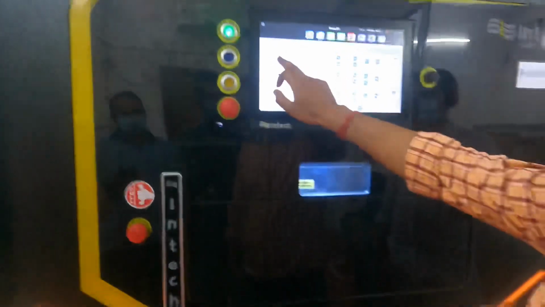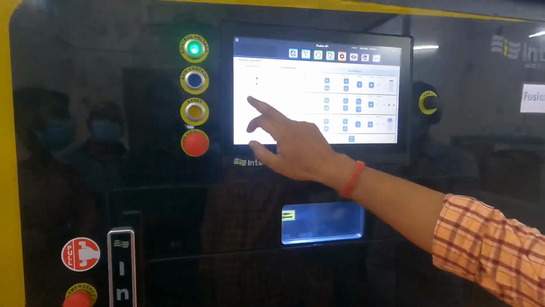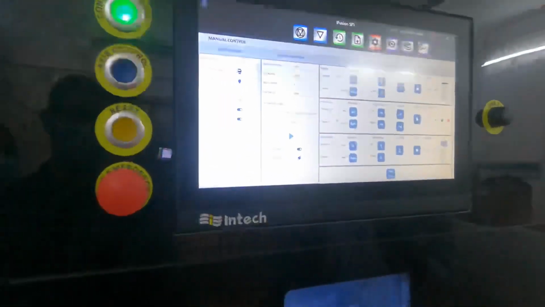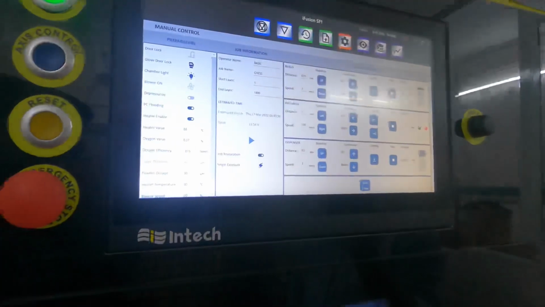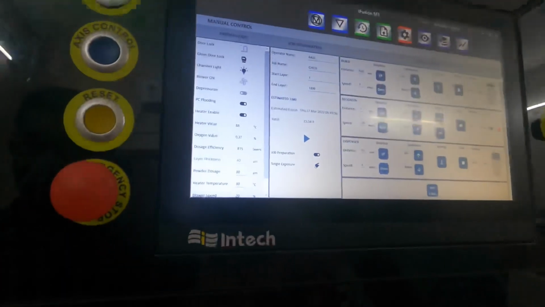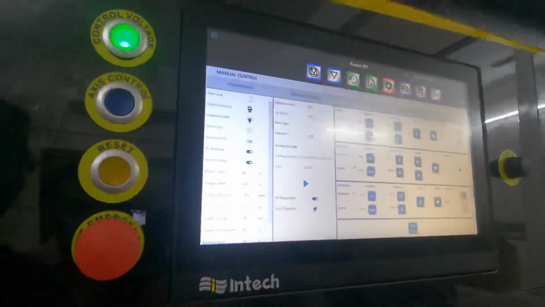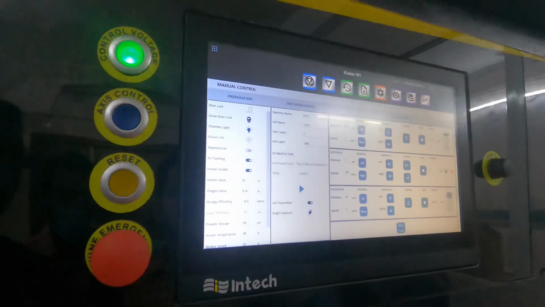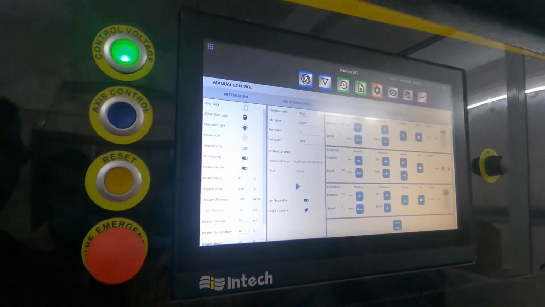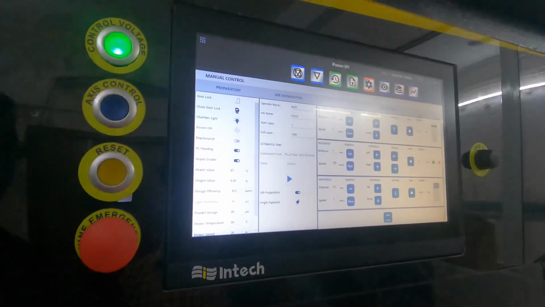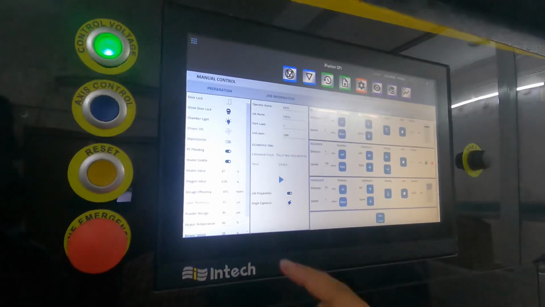After that, this is the chamber light. This chamber light you can switch on and off, and there is one blower. What happens when we start printing? Some fumes are generated. Evaporation happens, and after going to a certain height, it gets solidified and converts into condensate. That needs to be avoided, it should not mix with the build platform or the melt pool. So we have a blower which needs to be on every time during printing.